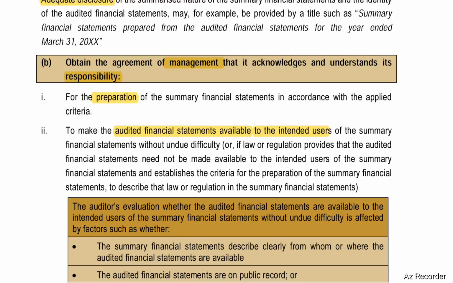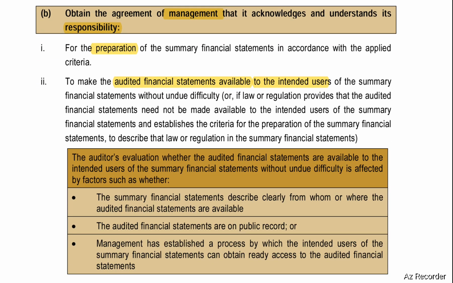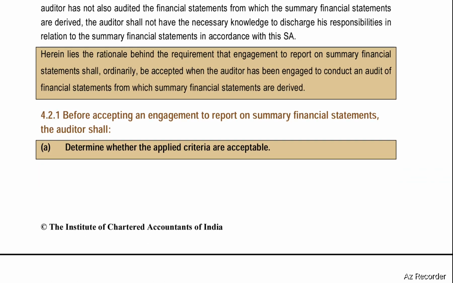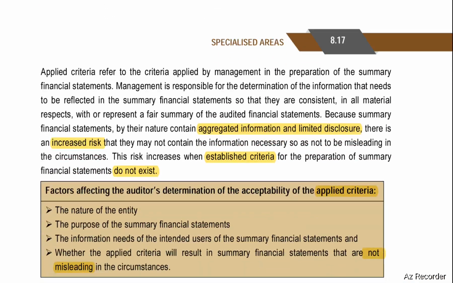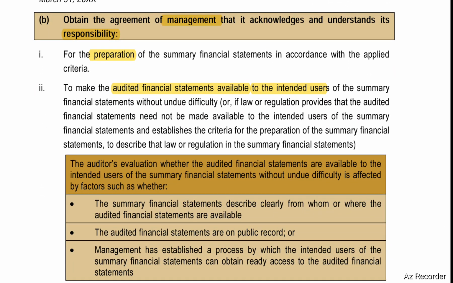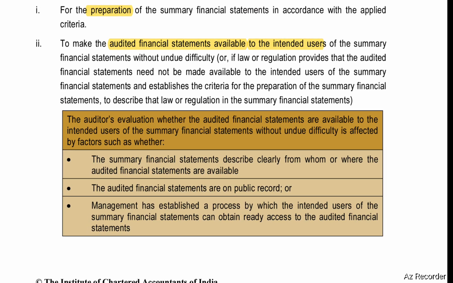Obtain the agreement of management that it acknowledges and understands its responsibility. This is the second point. Before accepting an engagement to report on summary financial statements, the auditor shall obtain the agreement of the management that it acknowledges and understands its responsibility for the preparation of summary financial statements in accordance with the applied criteria,